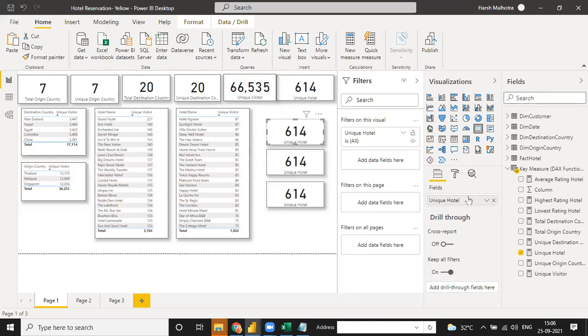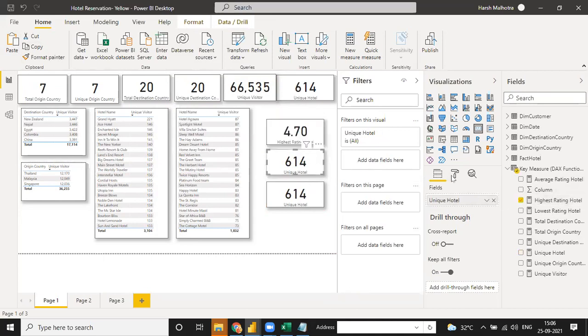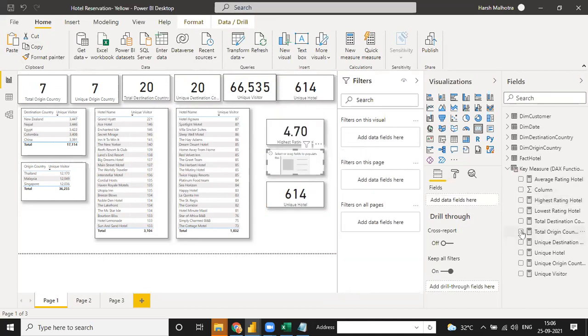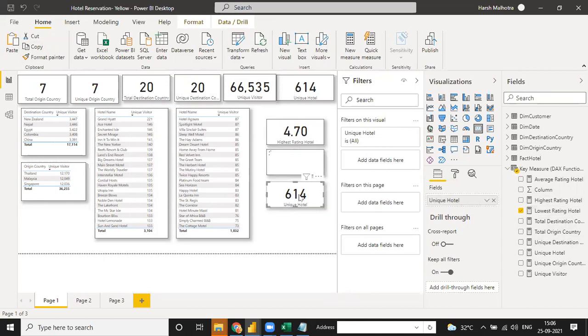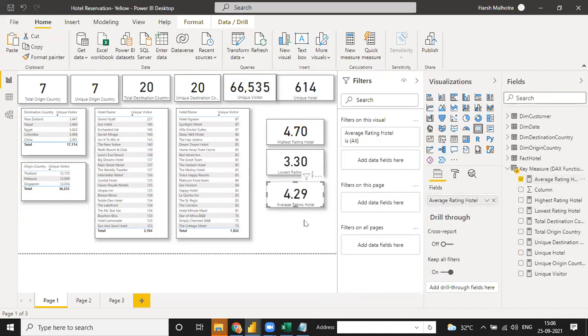For this I can use the highest rating, for this the lowest rating, and for this the average rating. See guys, we have all three things done: highest rating, lowest rating, and average rating.